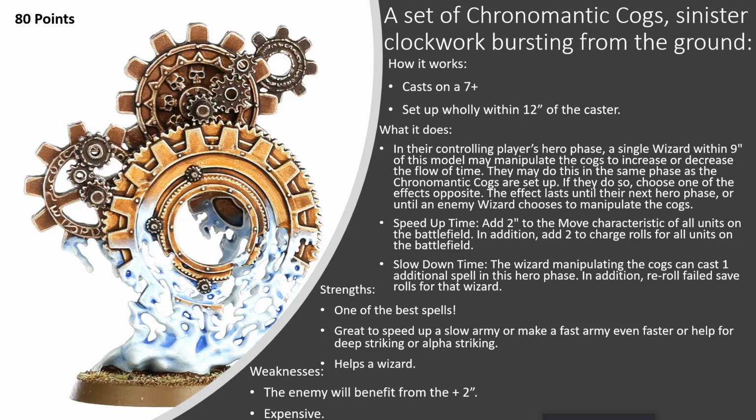But for deep striking, most deep striking things have to be 9 inches away from the enemy when they're set up. Now with this, you're making it 7 inches away from the enemy. If you deep strike with a hero as well, you can re-roll that with a command point, unless you're Bone Reapers. And then for weaknesses, I've put the enemy will benefit from the 2 inches to move if you do speed up time,